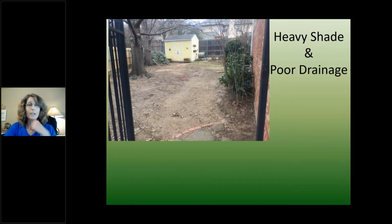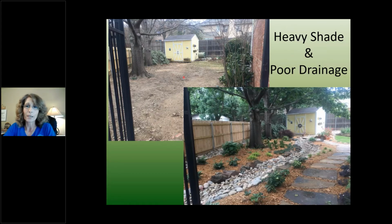So here in this garden, very heavy shade, lots of drainage issues. So she couldn't grow any turf in this area, and all of her neighbors' yards drain through her property. So it was just a mess. And so what we did was added a large creek bed, and you're going to see a lot of creek beds because I call myself the queen of creek beds. I just love